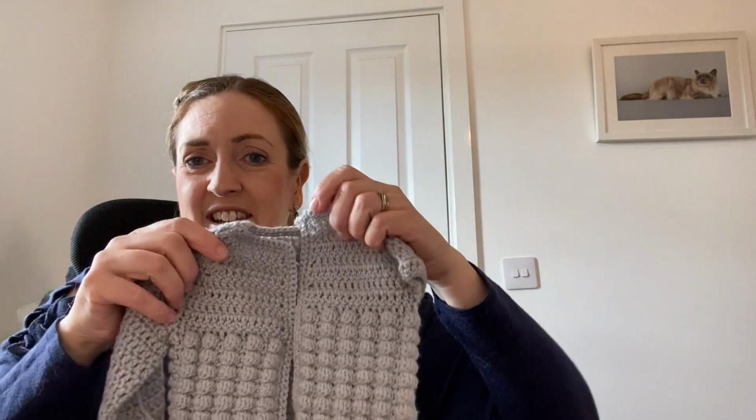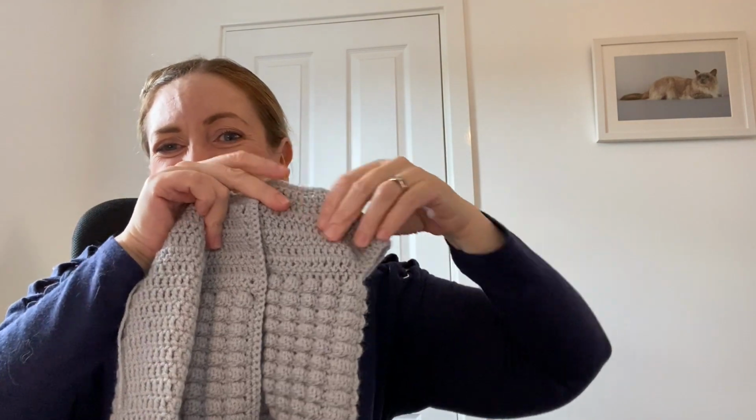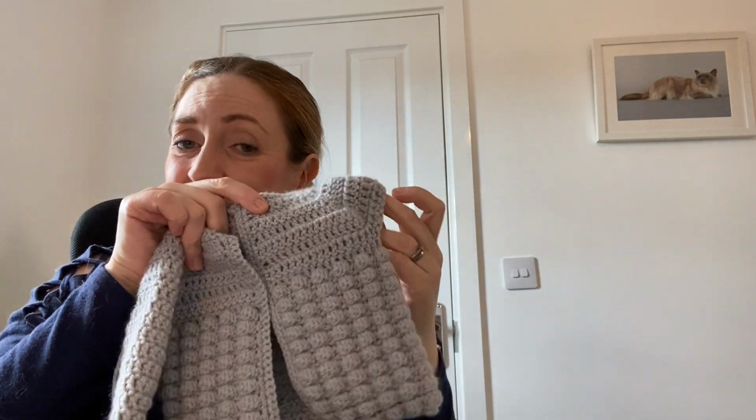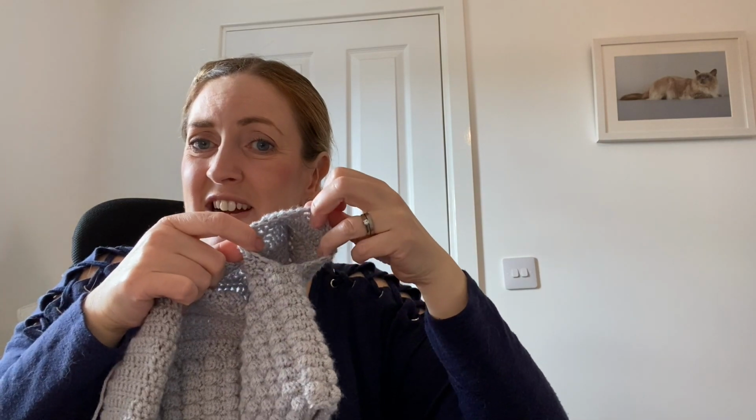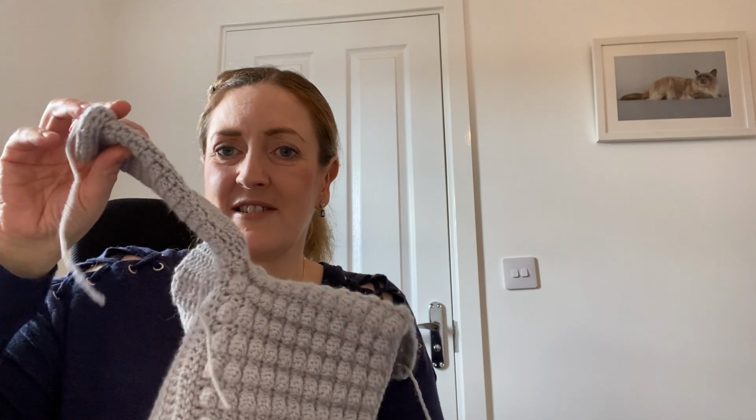And so I started out giving it a bit of a practice go in silver. This is Stylecraft Special DK in silver. And I've run out. I've done one sleeve and I've just got to add the other sleeve. But you don't sew the sleeves on, you actually crochet in the round and add the sleeve. So there's no seams, which is lovely. You can see there's